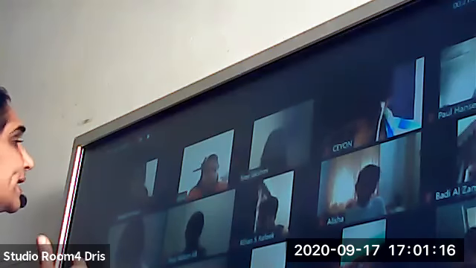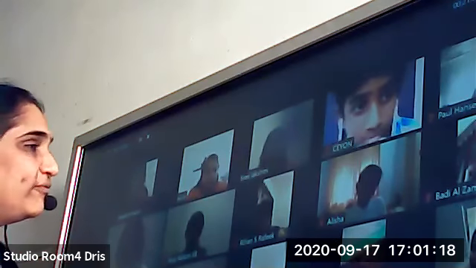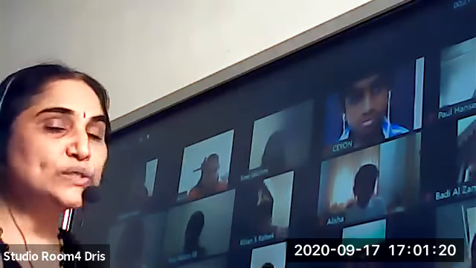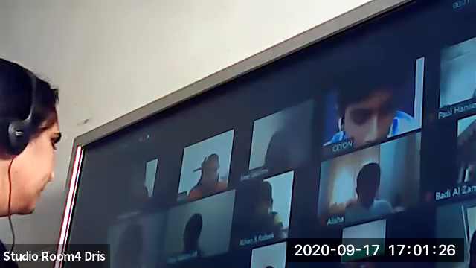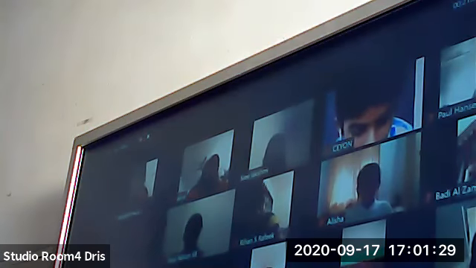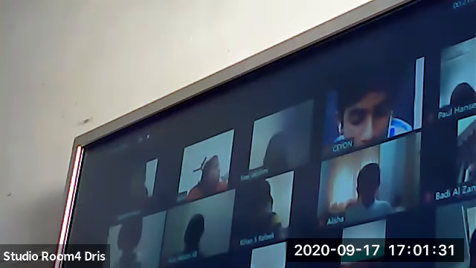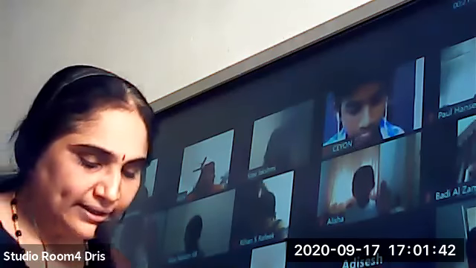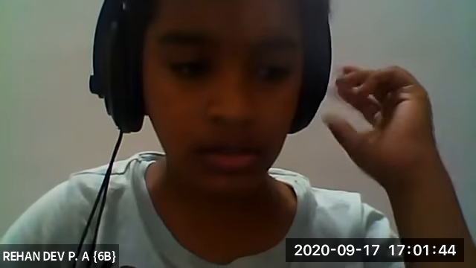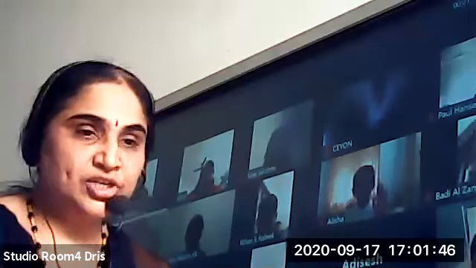Right? So, an example for sieving. Where can we use this sieving method? Nobody is ready? Okay, Rehan, where? In construction sites.